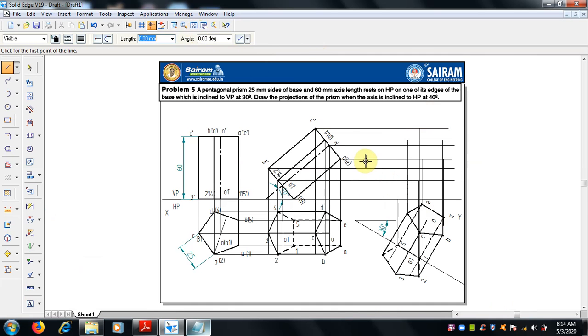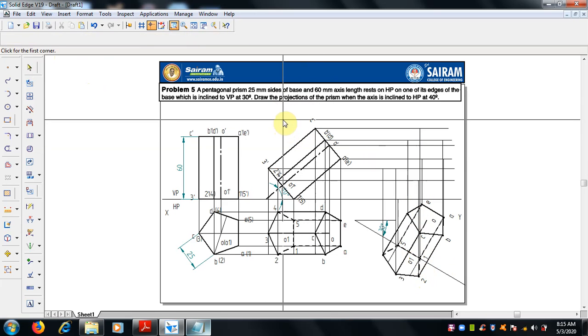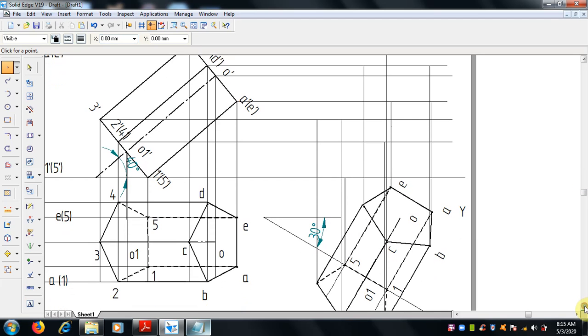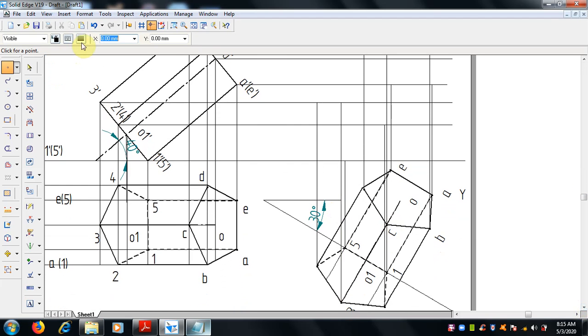As I said, for ease, we can make points on the intersections where they intersect, so that confusion will not be there. So 1, normally zoom in and we can make it. Select a point, 2 mm thickness of the point.